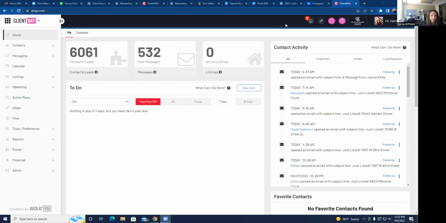So that's one nice thing about sending out those email campaigns. You can really stay on top of who's opening it, and then you can follow up with those people, because you can see that they've opened it. And it's the same thing when they click on it. You can see when they click the link as well. So that's one thing. And another thing, when you're thinking about your search engine optimization,